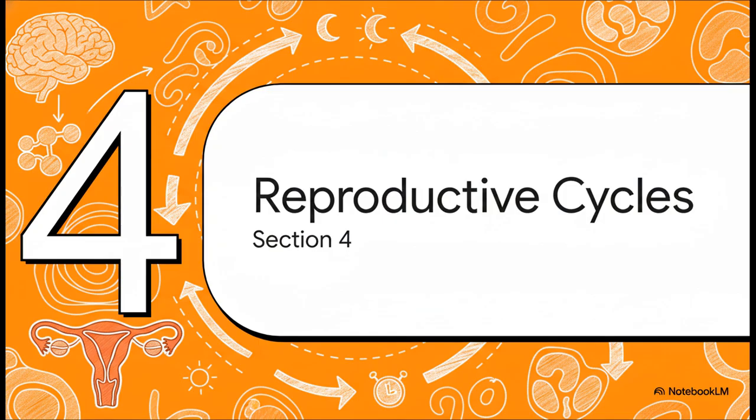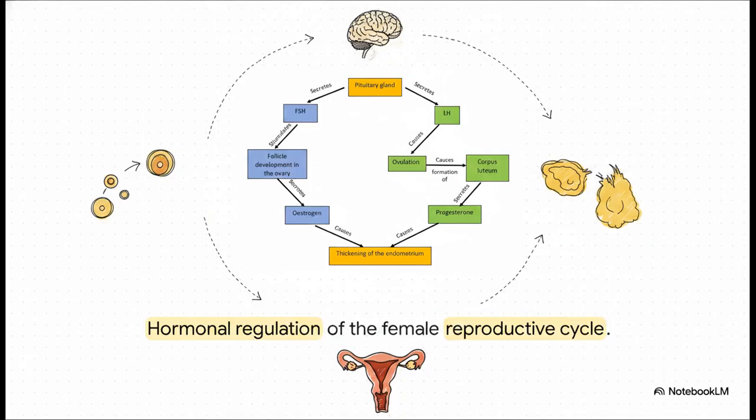Let's keep moving. Section 4. Human reproductive cycles. This endocrine flowchart is your absolute ultimate tool for cause and effect reasoning. Notice the pituitary gland at the top secreting FSH, which stimulates the follicle in the ovary. The developing follicle then secretes estrogen, which causes the endometrium to thicken. Later on, LH causes ovulation and the formation of the corpus luteum, which then secretes progesterone to further thicken that